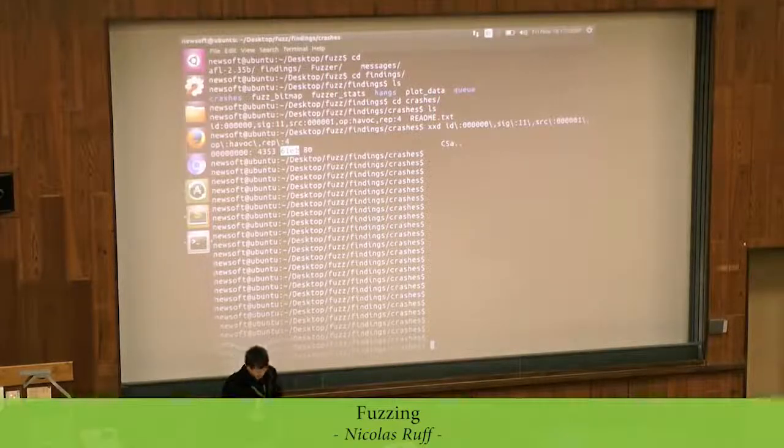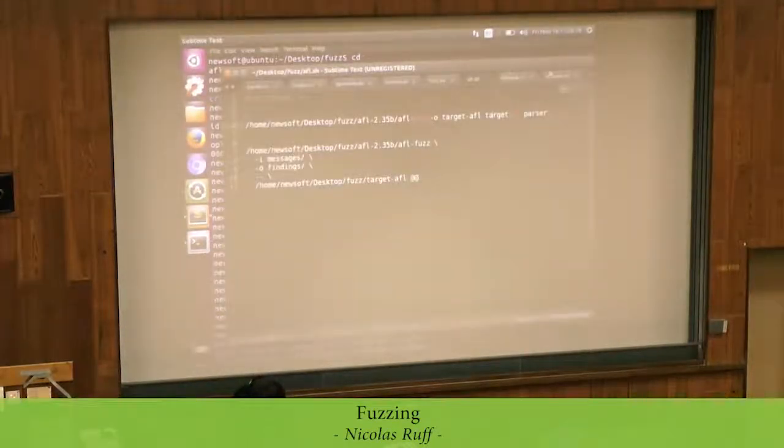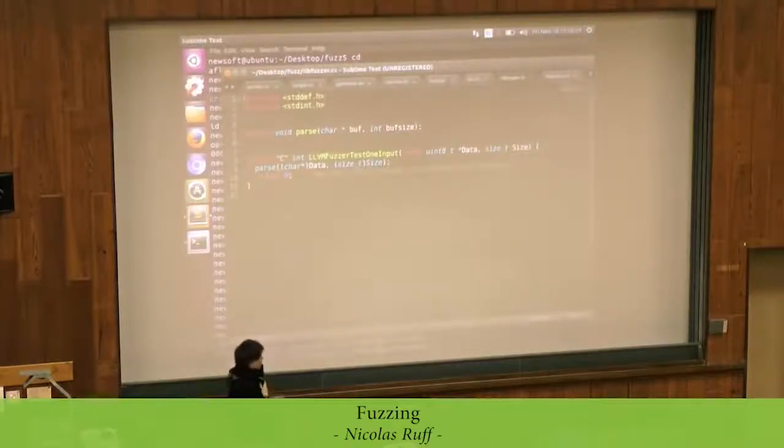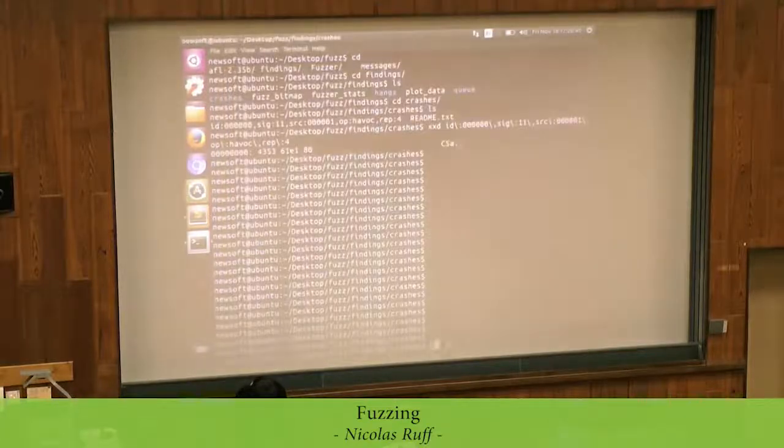Oh, wow, awesome. So for all the others, there is a project from one of the LLVM core developers called libFuzzer, and it's integrated into the LLVM compiler. The only thing you have to do to use it is to write this kind of function. It has a predefined name, LLVMFuzzerTestOneInput, and LLVM will provide the input buffer. The only thing you have to do is make sure that the target function is called with this particular buffer as an input. So you just have to do this, and then,